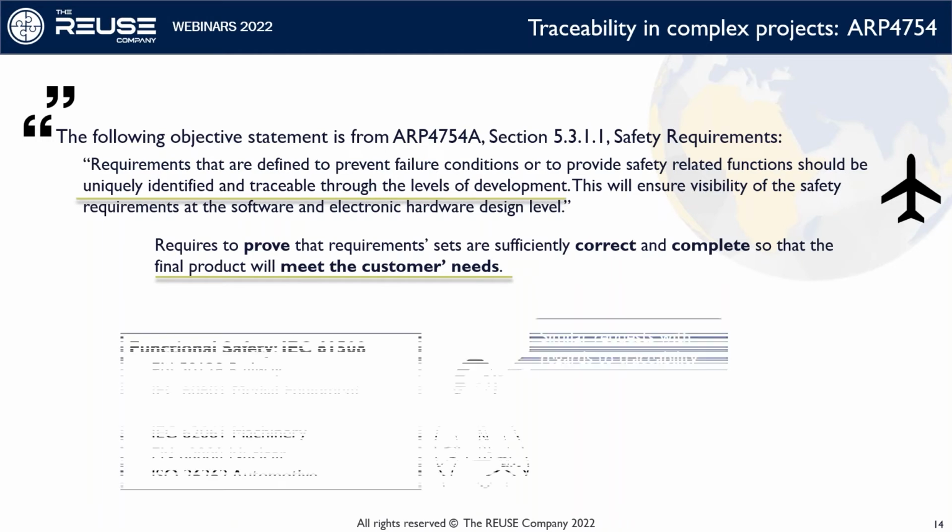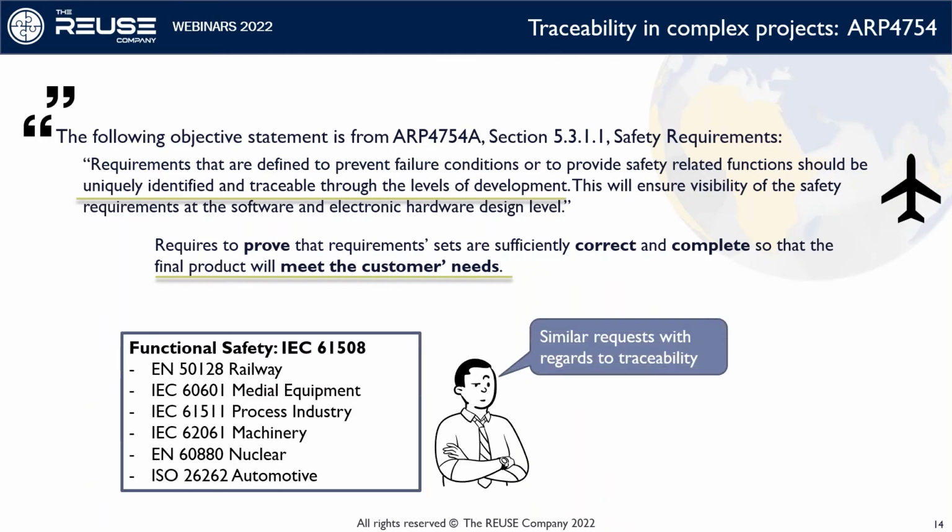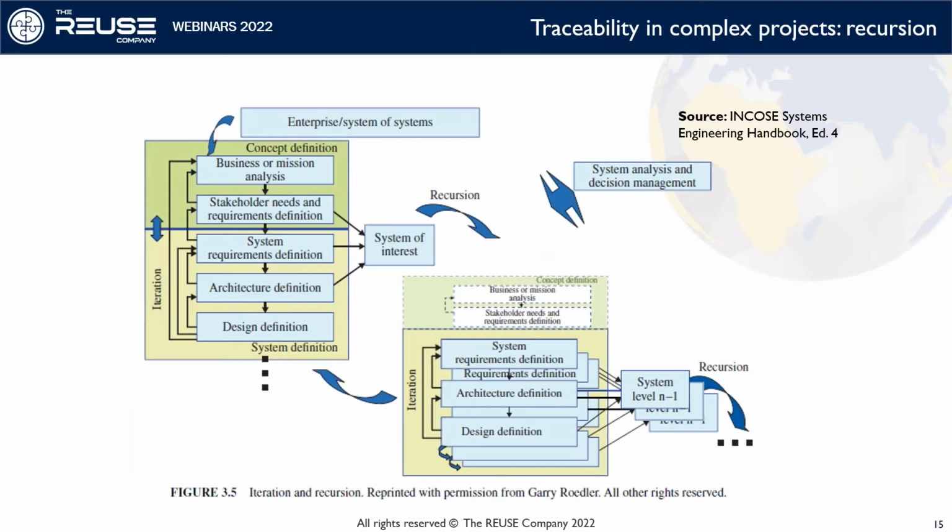However, traceability is key in this avionics standard, but in many others, especially those related to or under the umbrella of the 61508, like those in the railway, medical equipment, machinery, nuclear energy, automotive industry, as the one I mentioned before. So for all those requirements, standards and good practices, traceability is key, right? And what makes traceability a little bit complicated somehow is the notion of recursivity in our systems. So normally,